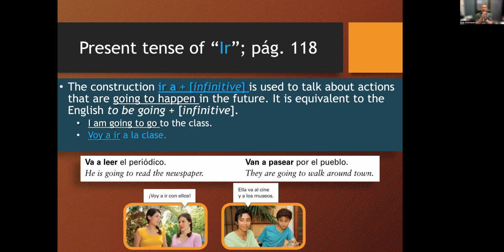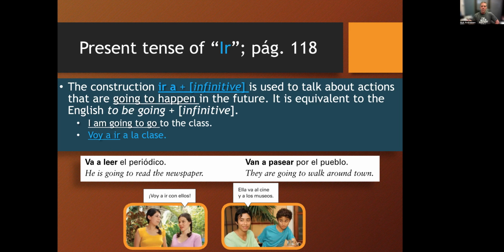Remember now, the a has to be with ir. The infinitive itself means to eat, to go, to speak, right? So this a is not because of the infinitive. The a is because of ir. It's small, maybe it doesn't even really matter to you. But we've usually seen in other verbs that we don't put a, like with desear, deseo comer. We don't say deseo a comer because the to eat is included in the infinitive. But with ir, the a follows ir. So it's not there because of the infinitive. It's there because of the verb ir.